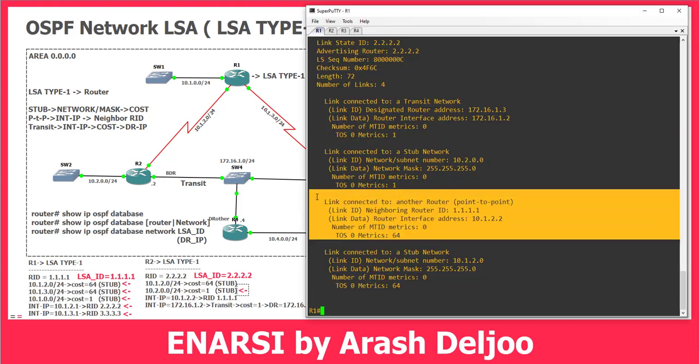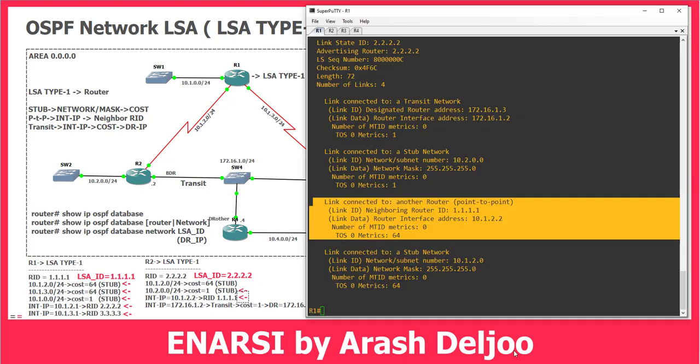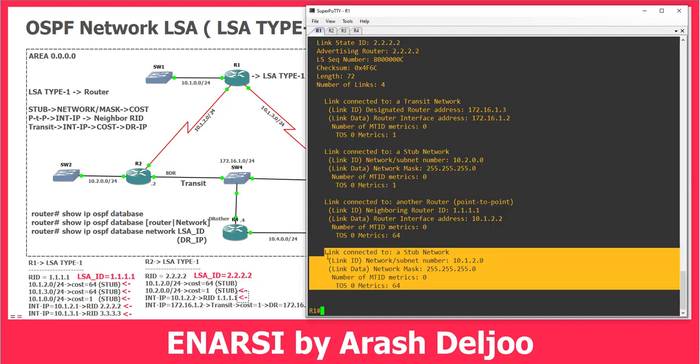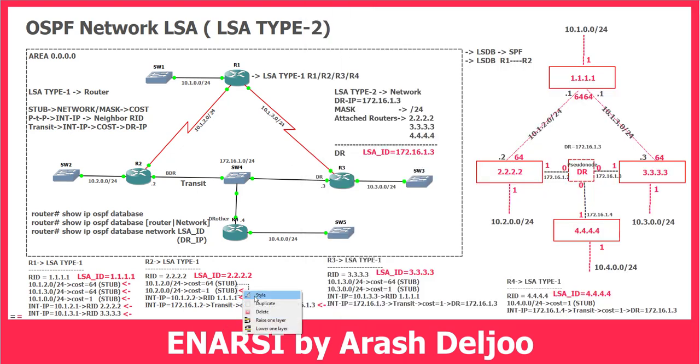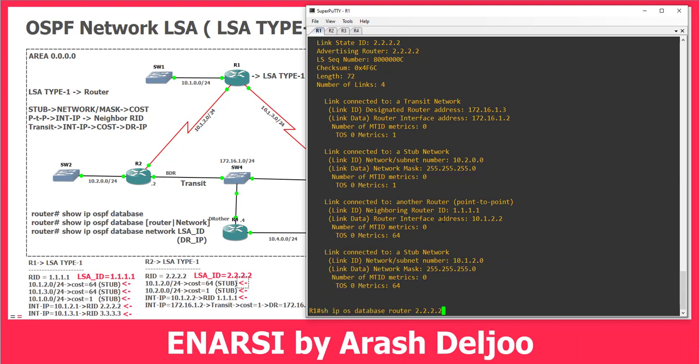Then here you can see with 10.1.22, I have connectivity to the quad 1 with the cost of 64. It is okay. Here you have this line. After that, again, I have connectivity to 10.1.20/24 with the cost of 64. It's okay. This line. Then let me show you the information received from router 3, show IP OSPF